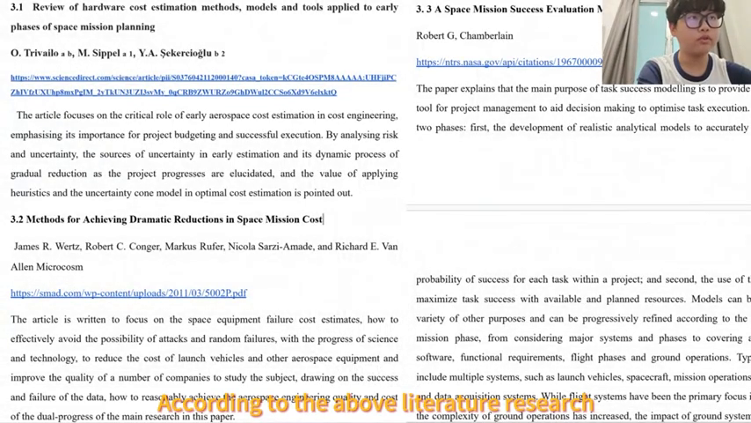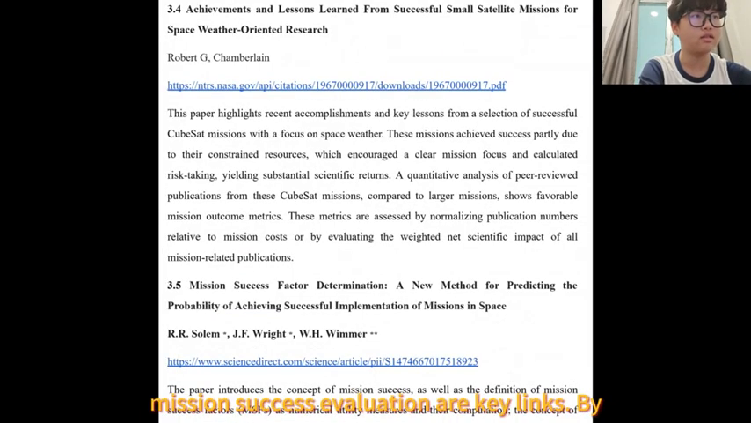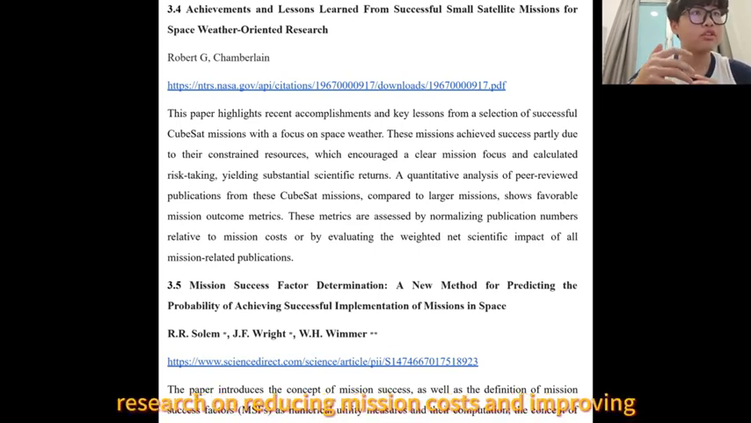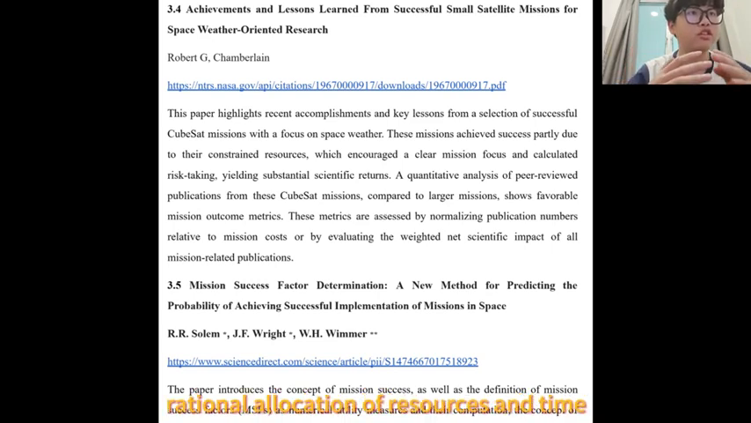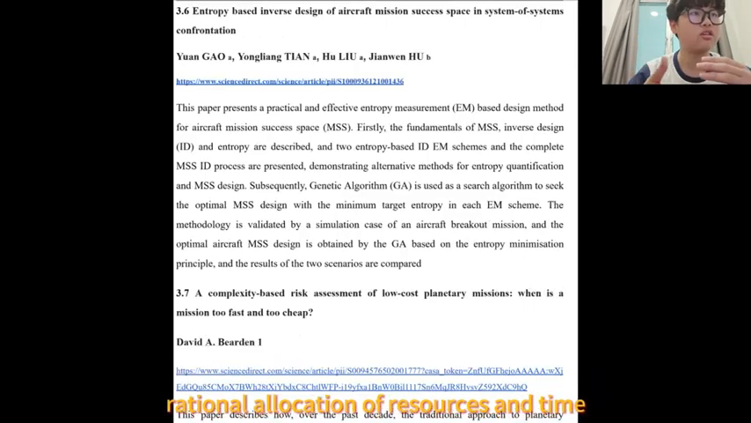According to the above literature research, we found the hardware cost, limitation, and mission access evaluation are key links. By applying heuristic methods and uncertainty models, the budget can be optimized and the execution efficiency can be improved. In addition, research on reducing mission costs and improving quality reveals the importance of rational allocation of resources at a time,